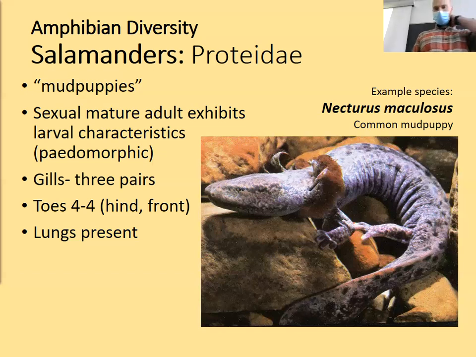Yeah, go ahead, Sid. You would tell a juvenile apart from an adult the same way you would tell apart a direct developing organism, and that's simply by its size. And there's other external characters that can change. So mud puppies, I actually don't know the answer to that specifically, but others, for example, the lizards we study, when the males become sexually mature, they change aspects of their color and they get these big pores, and you can see other external things change.